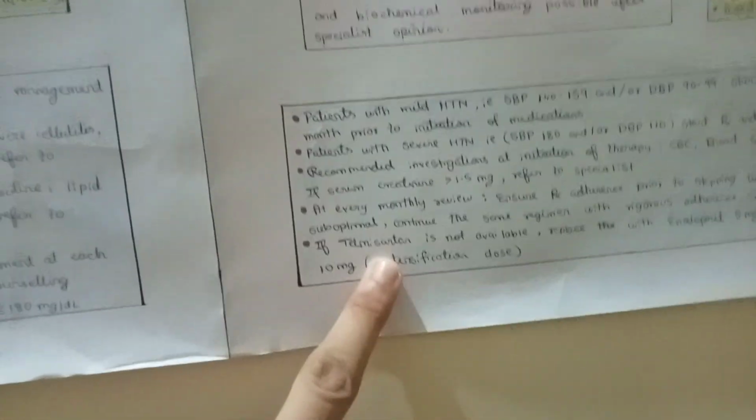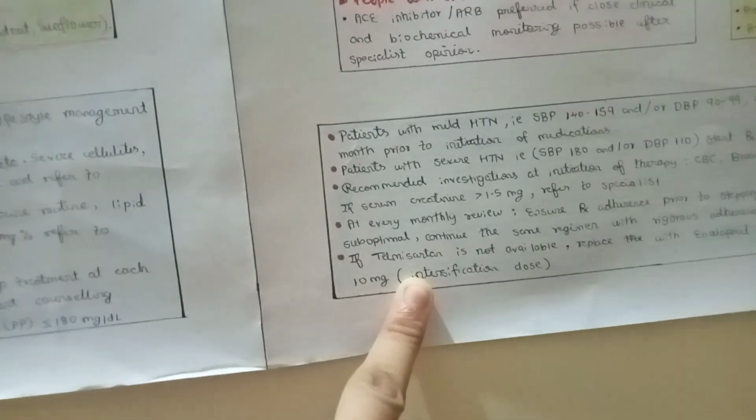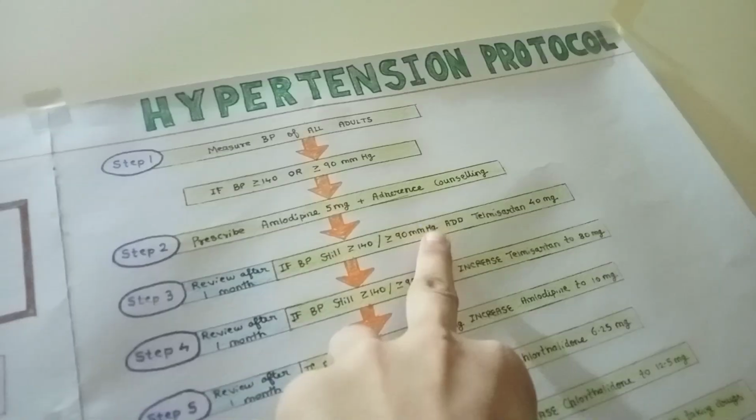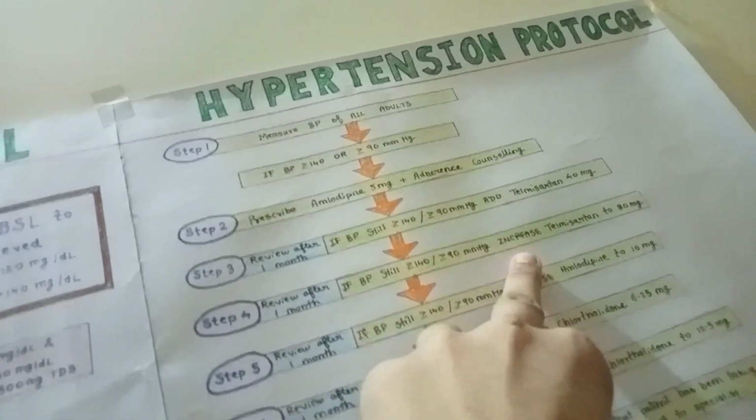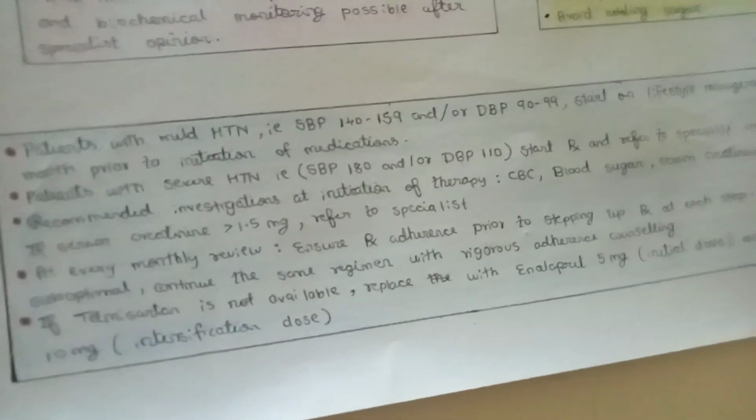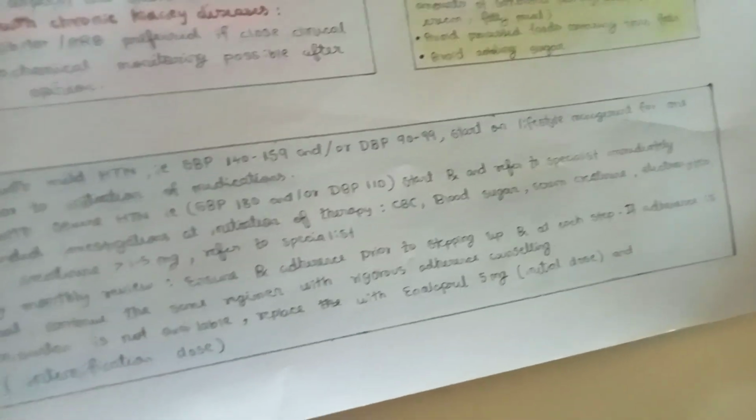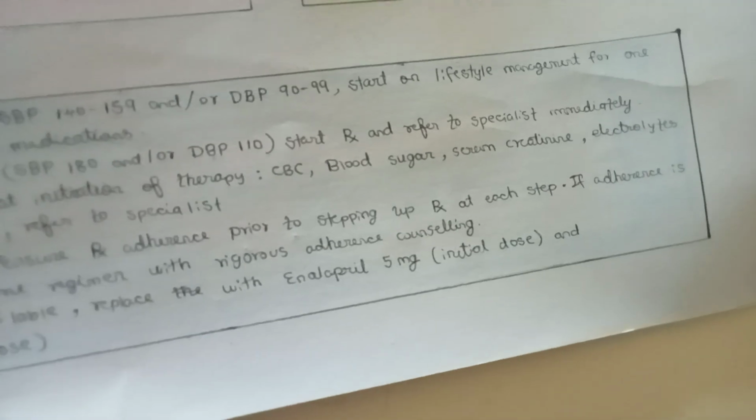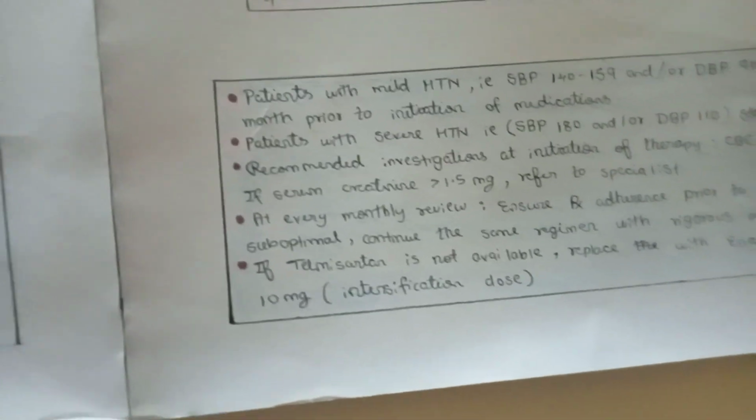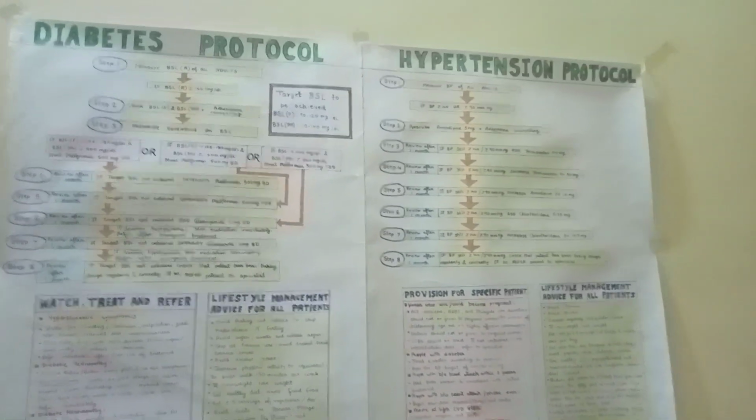The last point is important. Telmisartan is a class of angiotensin receptor blockers, as we have discussed above in steps 3 and 4. If telmisartan is not available, then replace it with enalapril, which is an ACE inhibitor, 5 mg initial dose and 10 mg, meaning we have to double the dose later with intensified dose. So this is all about the protocol of diabetes and hypertension,